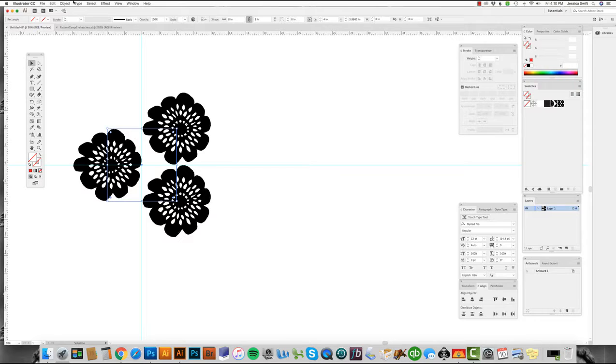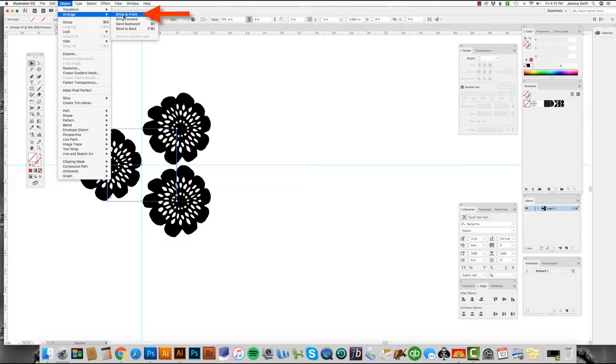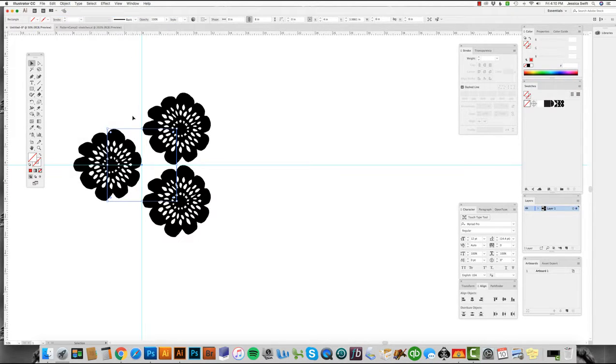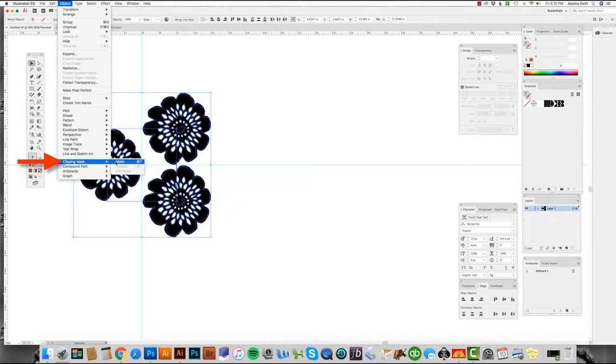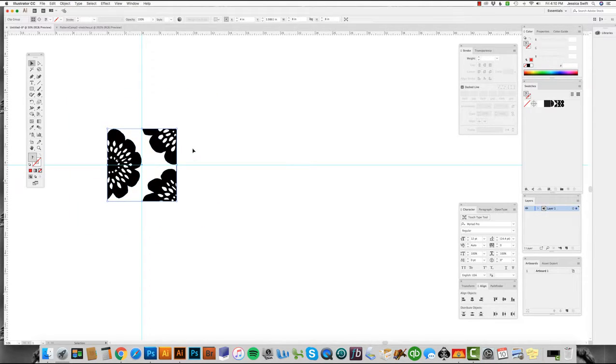What you do need to do is make a clipping mask. So to do that, you want a blank square in the very front rather than the very back. So I just moved that to the front, select everything, go to Object, Clipping Mask, Make, or Command 7 is that keyboard shortcut. And what I would do if I, for example, wanted to save a larger swath of this pattern rather than just this one, kind of close in pattern tile, would be to copy this, so Command C,